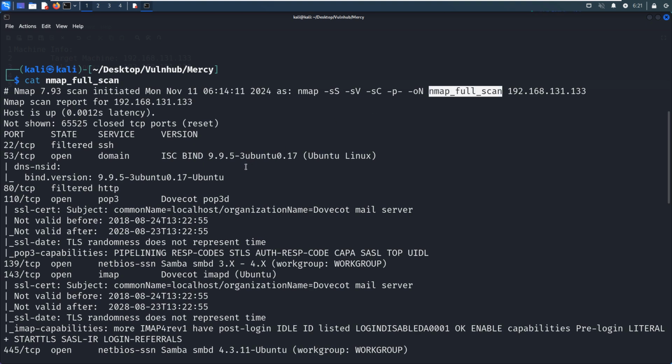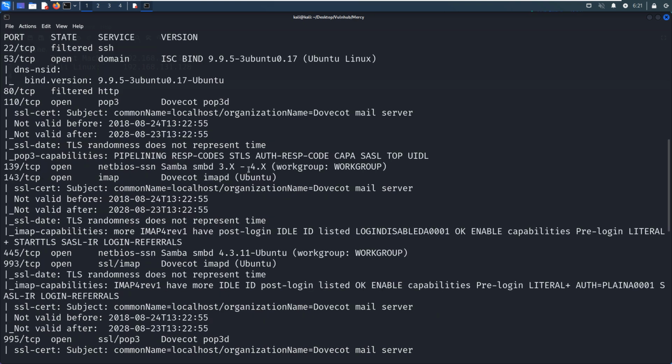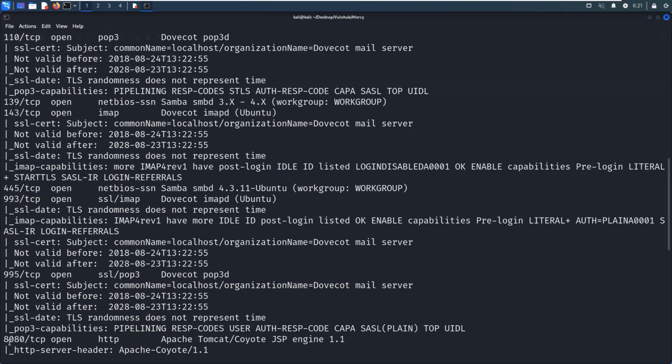From the Nmap scanning results, we can tell that the target has 1, 2, 3, 4, 5, 6, 7, 8 open port numbers.